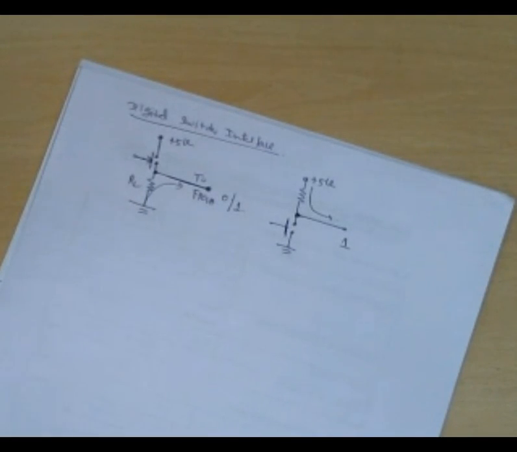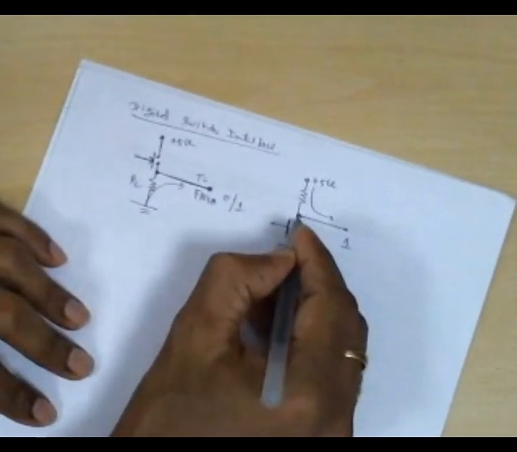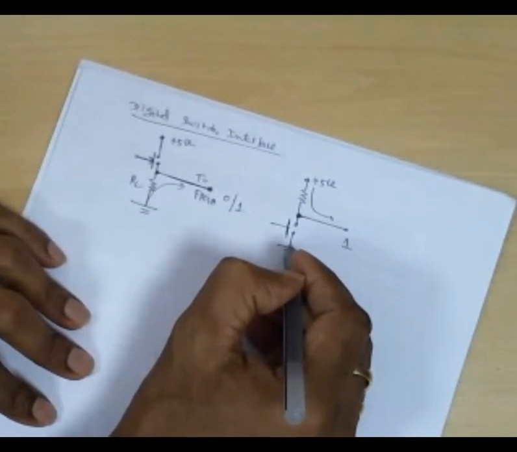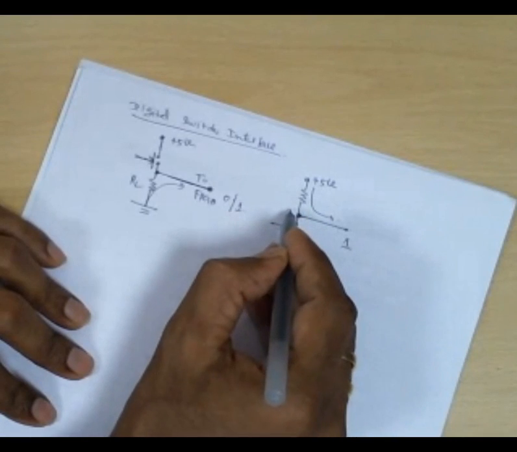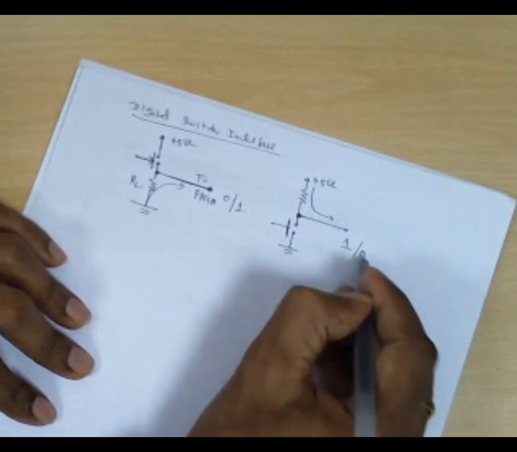When you press the switch, this point is connected to this ground. Correct? So the voltage drop will be across this resistance only. Therefore, you will get a 0 here. A perfect 0 will go there. So these two are the typical ways of connecting digital switches to an FPGA.